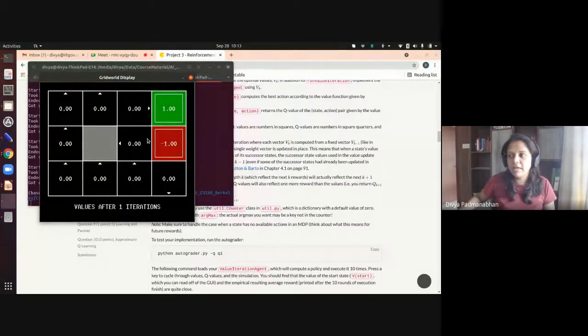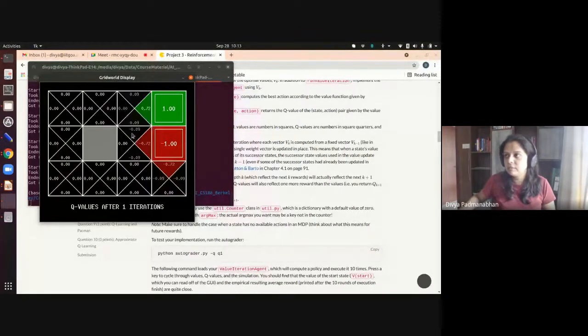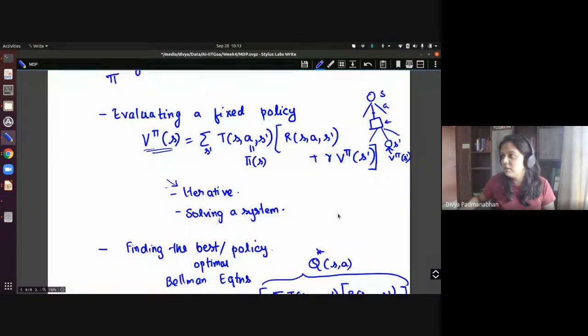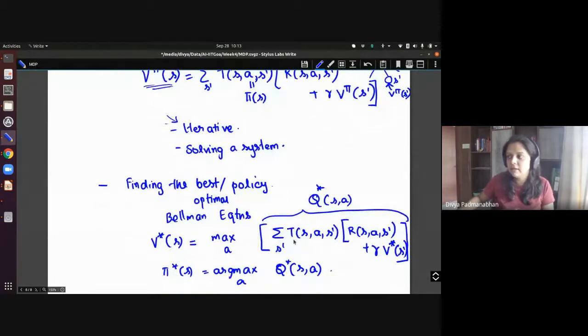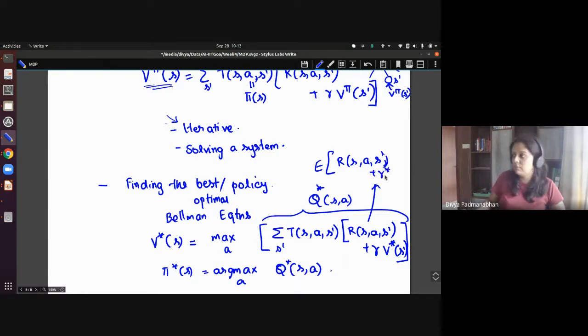Now after one iteration, the Q values have been updated. What you're seeing here are essentially the Q values. Remember, Q values were this part: the expected value of R(s, a, s') plus gamma V star of s'.